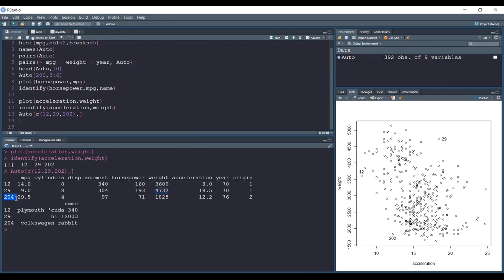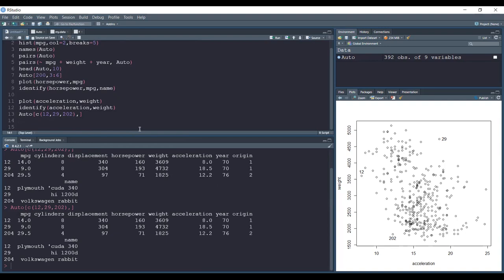Why has it produced 204 if I ask for 202? That's odd, isn't it? Because 12 and 29, how very strange. Maybe there's no such, if we look at the data,